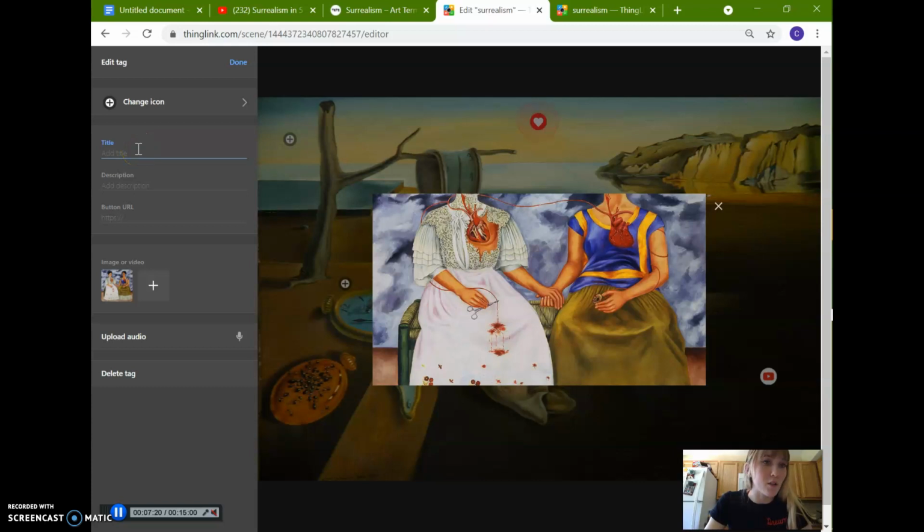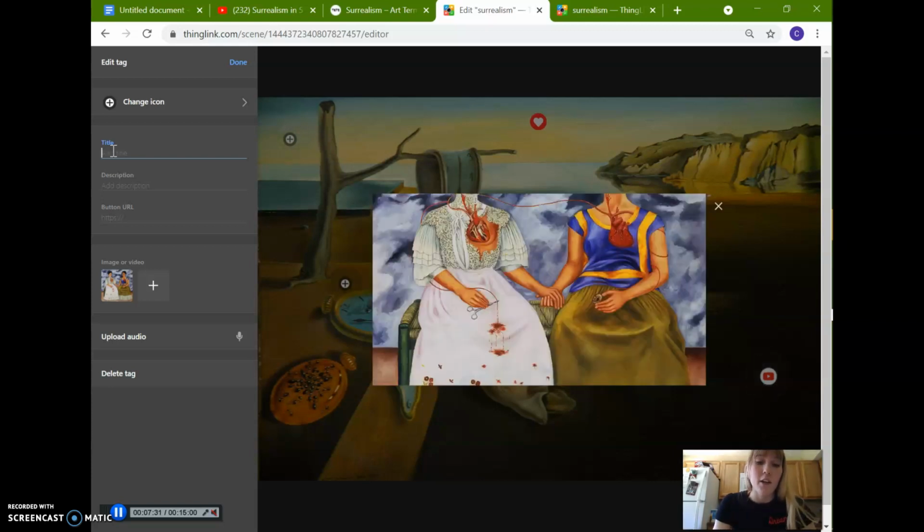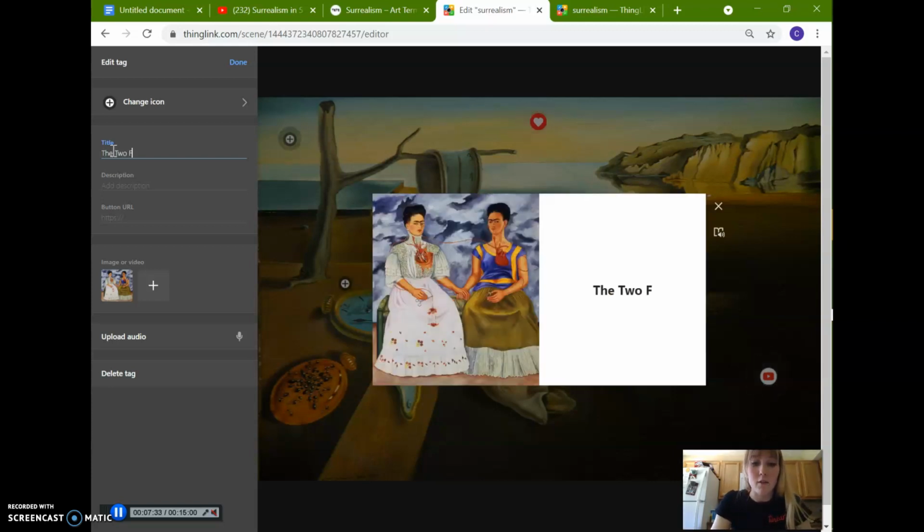You're going to come up here to the title, or description, either way. Description does that. I personally like the look of the title because it brings it out to the side and then I can see the image all the way. You're going to label it 2 Fridas. I'm just doing this real quick, so I'm sorry if anything's misspelled. You're going to do the date just like before. 39, oil on canvas, and then by Frida